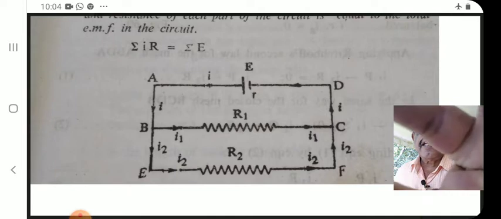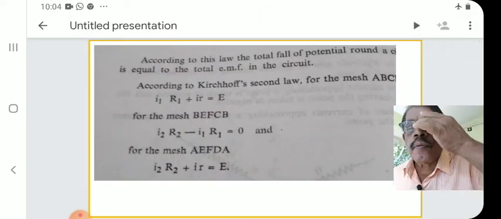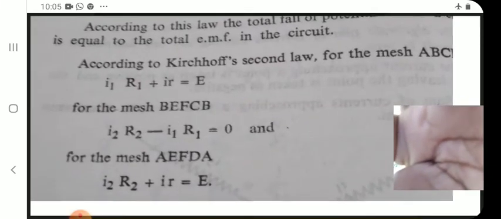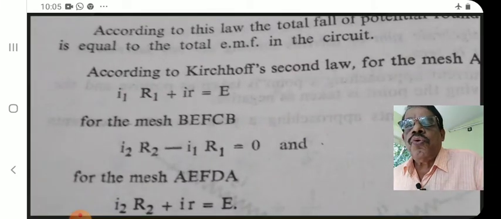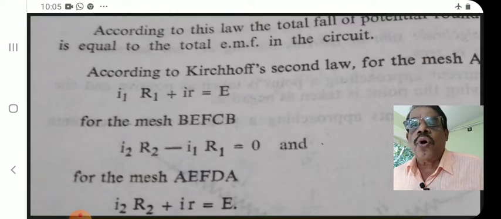And what is Kirchhoff's second law? That is illustrated in the following equations. According to this law, the total fall of potential is equal to the total EMF in the circuit. According to Kirchhoff's second law, for the mesh,